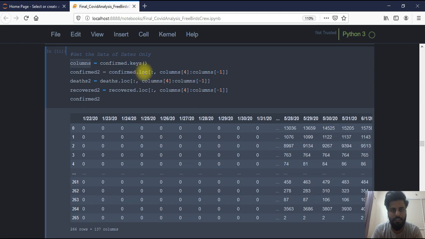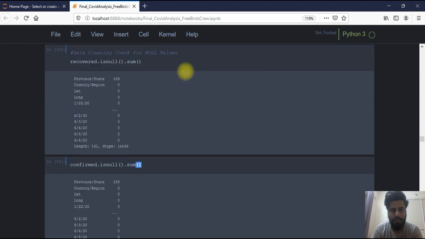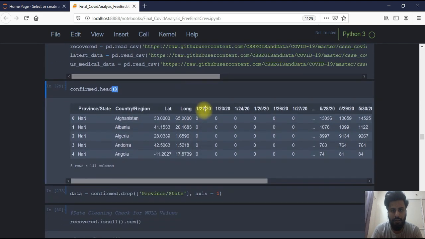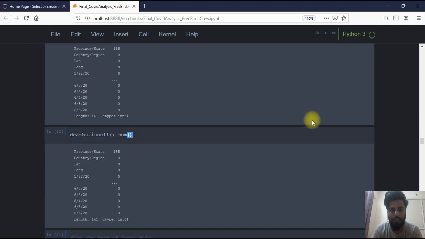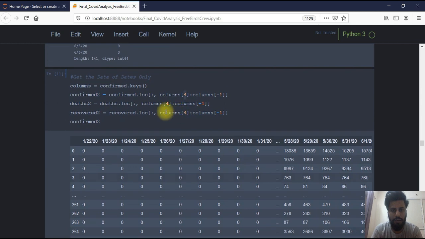I use the loc function here. The loc function can get all the rows and only these columns from that confirmed data frame. So from the 4th column, it can get the columns till there. Here we have all the modified data frames that have only the dates as columns and their respective cases.